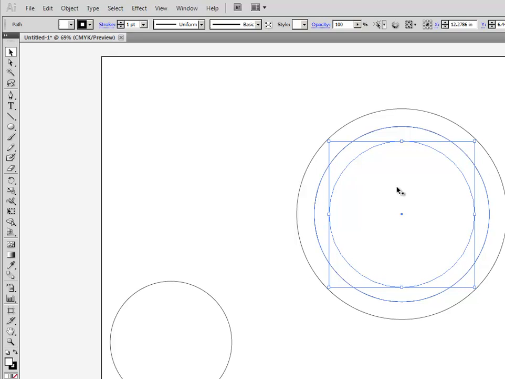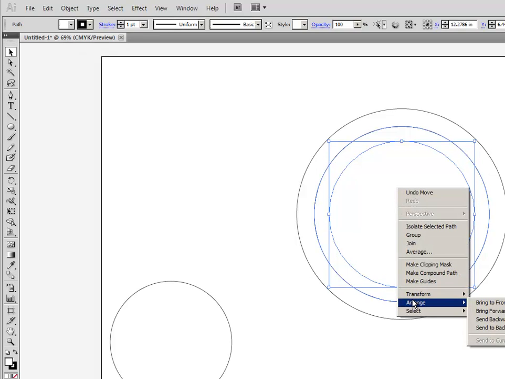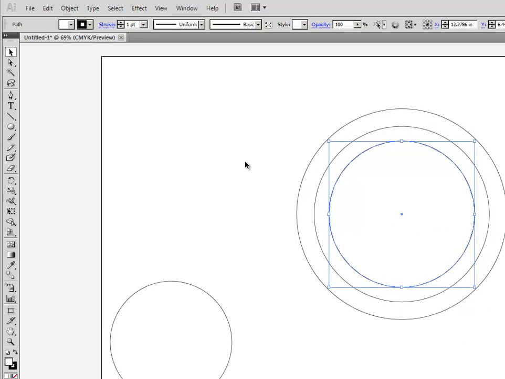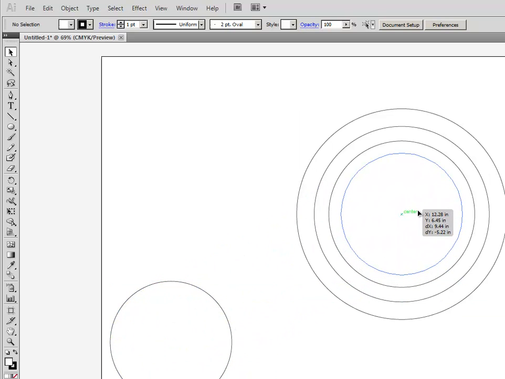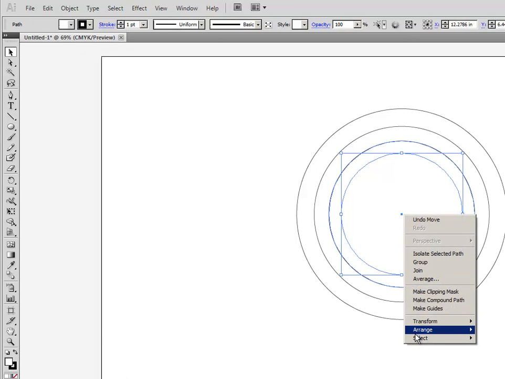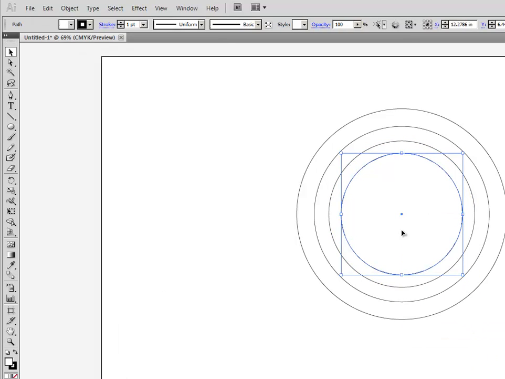Let go. While it's still selected, right click, Arrange, Bring to Front. And finally, let's do that with the smallest circle. Gonna line that up to center, let go, right click, bring to front. Now in order to keep it like this, I'm going to use a really handy thing in Illustrator, which is